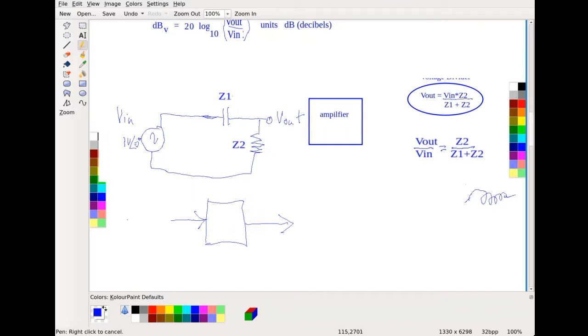Well, my drawing causes distortion. Say this is a sine wave, and you're going to feed this sine wave through this amplifier. Now, how does an amplifier work? Well, an amplifier